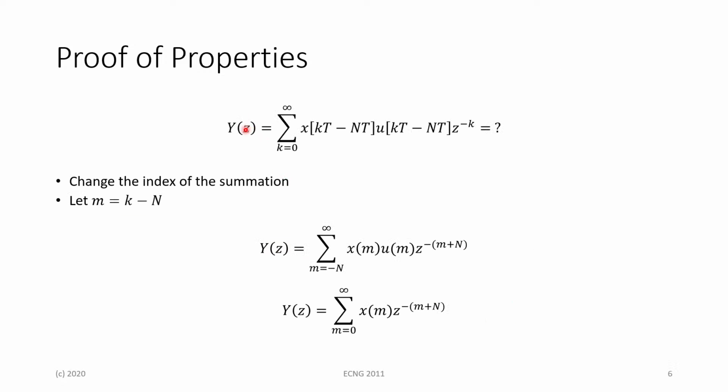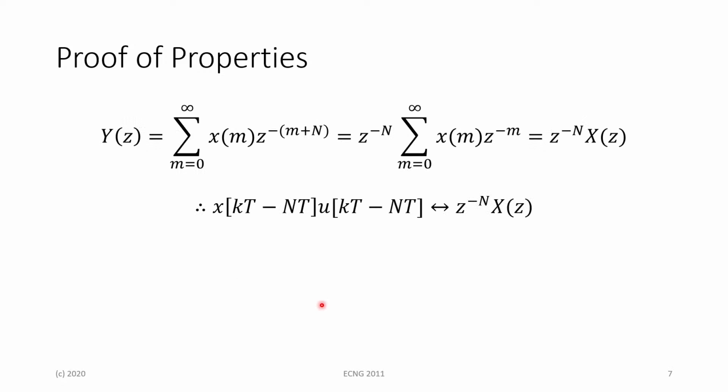So if we watch this mathematically for our expansion with the Z-transform, let's change the index of the summation here so that m equals k minus n. If we rearrange this and make k the subject of the formula, we get m equals k minus n and so forth. When we do this, and we change our representations for x of m and u of m, and we conduct our mathematical evaluation of the Z-transform,